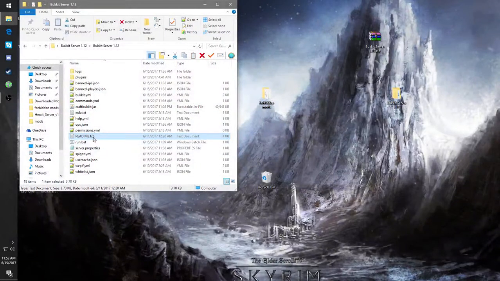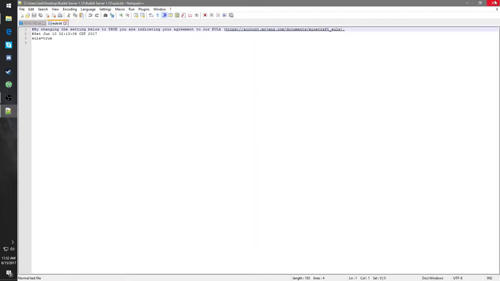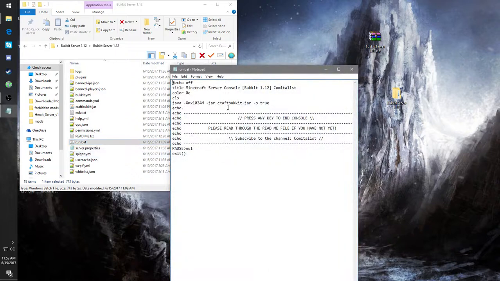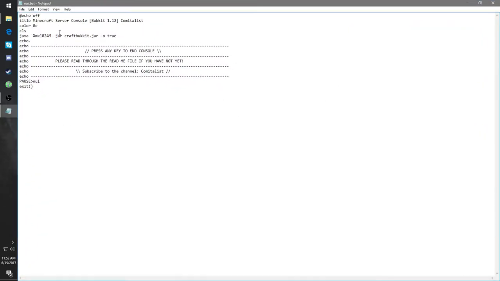And yeah, just read through that first. So the EULA should be set to true. Just make sure when you download. Pretty sure that's what I uploaded. But anyway, you want to open up your run.bat. It should be default to have a maximum of 1 gig of RAM. Now, if you're like me, you want more than a gig of RAM. Since I have 16 gigs on my computer total for RAM, I'm going to change mine to include 8 gigs of RAM, which I think is